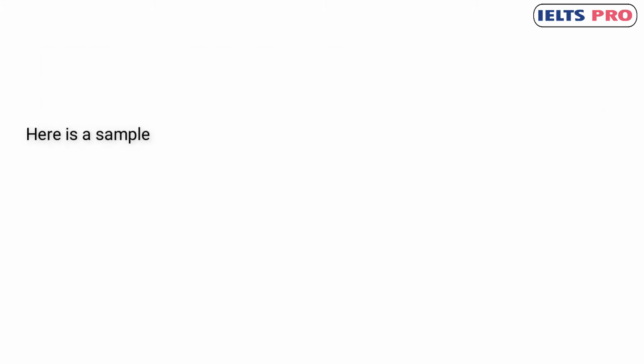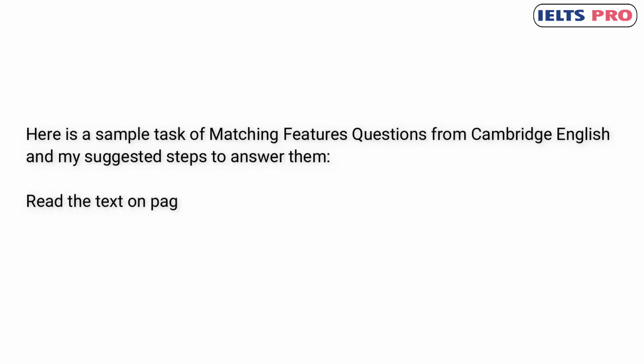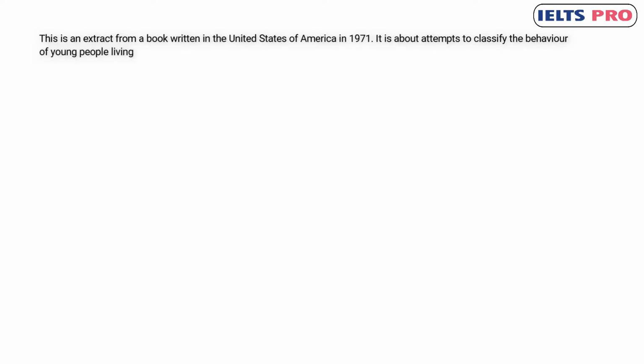Here is a sample task of matching paragraph questions from Cambridge English and my suggested steps to answer them. Read the text on pages 1 and 2 and answer questions 1-8. This is an extract from a book written in the United States of America in 1971. It is about attempts to classify the behavior of young people living in the United States of America at that